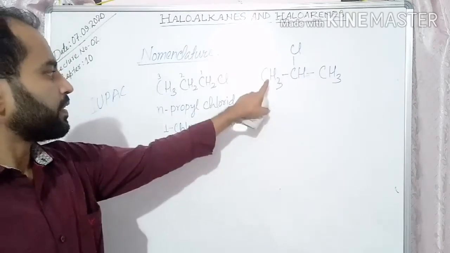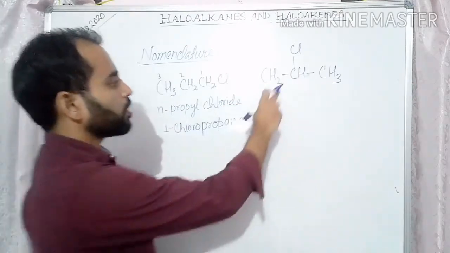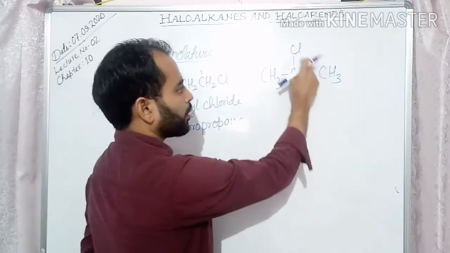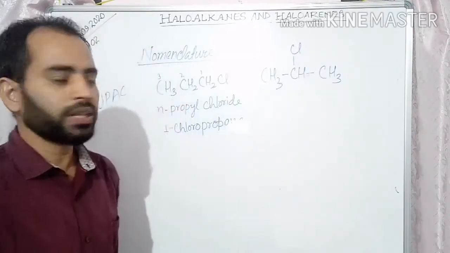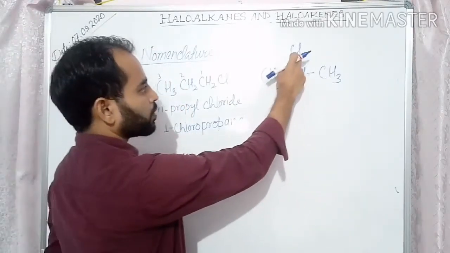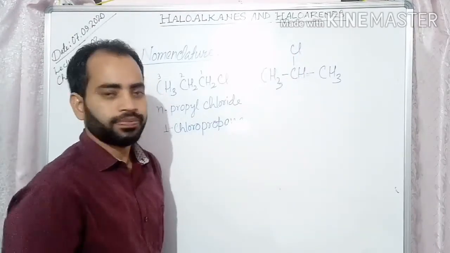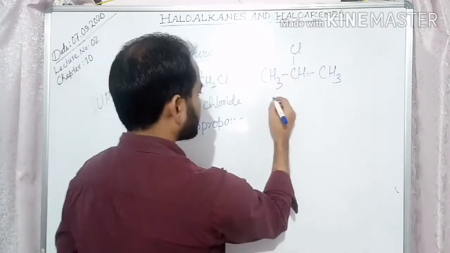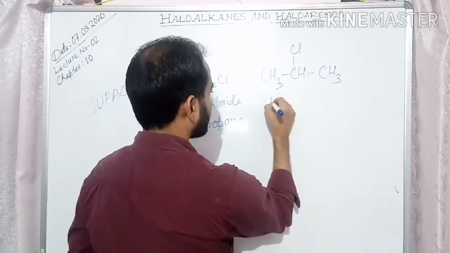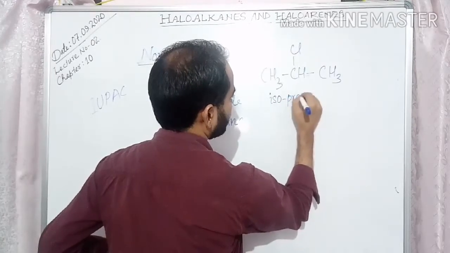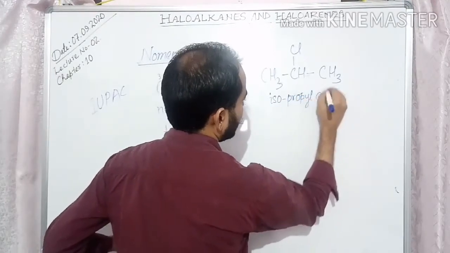So this is also propyl chloride. Since 3 carbons and 1 chlorine are there, it is propyl chloride. But here the chlorine is at the secondary carbon, the second carbon. So the common name is isopropyl